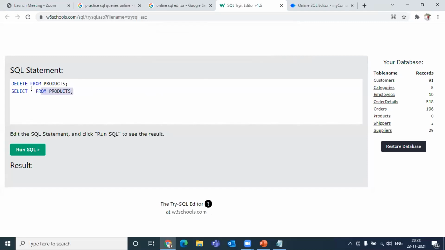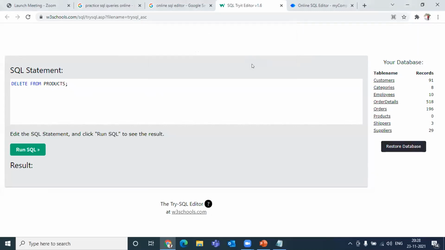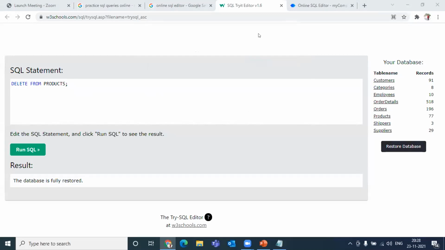Right? Now do one more thing. If you have damaged this table, just click on restore. Restore will bring it back. Okay, that is what you can always do. Now what I want you to do next is delete only one specific record. Please don't delete everything. Just do only one specific record. Take any one row and delete.